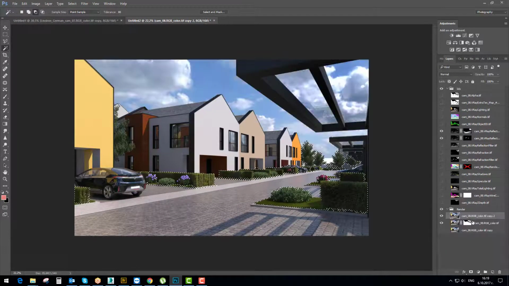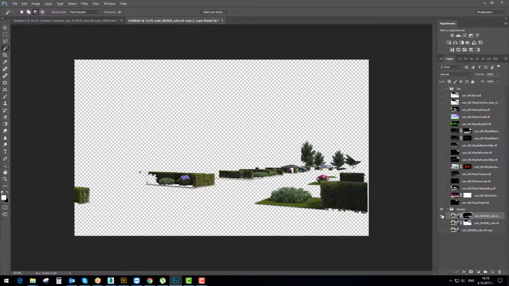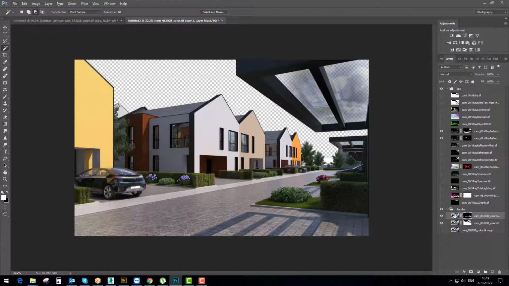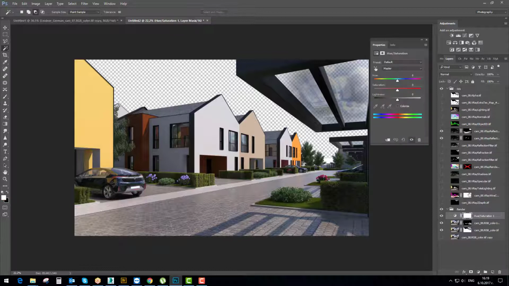and then I'm going to delete again the mask and add another new one, and let's see what we have got. There is one more left, but for now it's okay. Then I'm going to use the correction hue saturation. I'm going to attach to the layer below, and let's play with the colors in the sense of